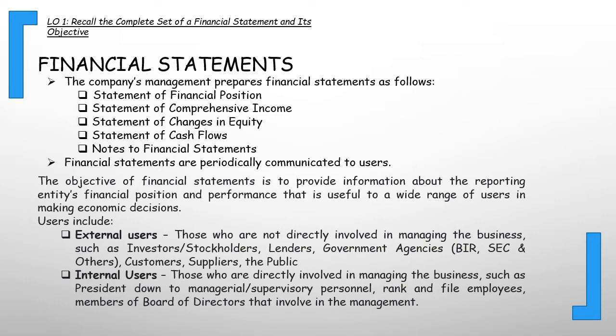Yung internal users naman, sila yung mga directly involved dun sa managing ng business, such as yung president down to managerial employee, rank and file employees, members of the board of directors that involved in the management. Pero diba dun sa conceptual framework, sabi niya yung general purpose financial statements is intended to the primary users, which are yung external users, di ba?